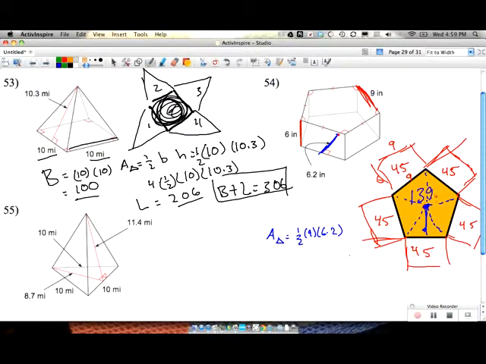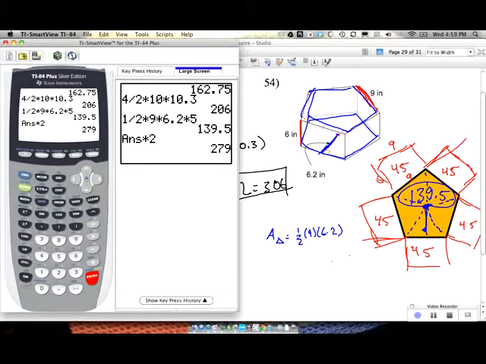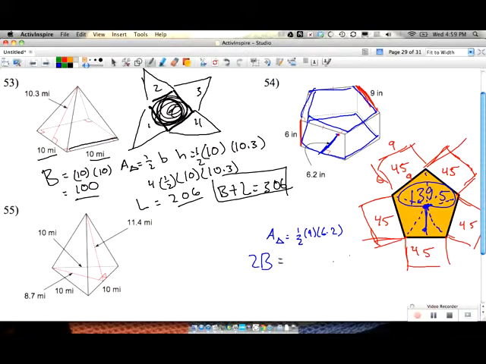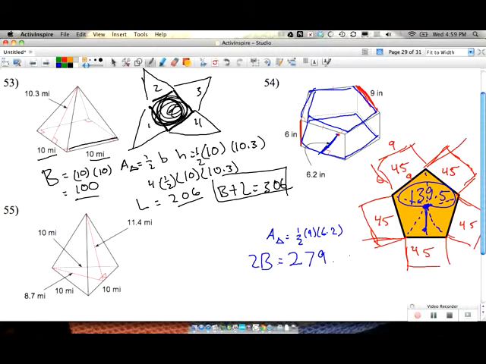Outside I have 5 45s. Now here's a slight catch that we need to be aware of. We have two bases. We got this one going around the top, and we got another one going around the bottom as well. So we got to double that. So 139.5 times 2 gives us 279. So the bases, since there's two of them, is equal to 279. And then we have the lateral area, which is the part I did in red, and that was 45 times 5,